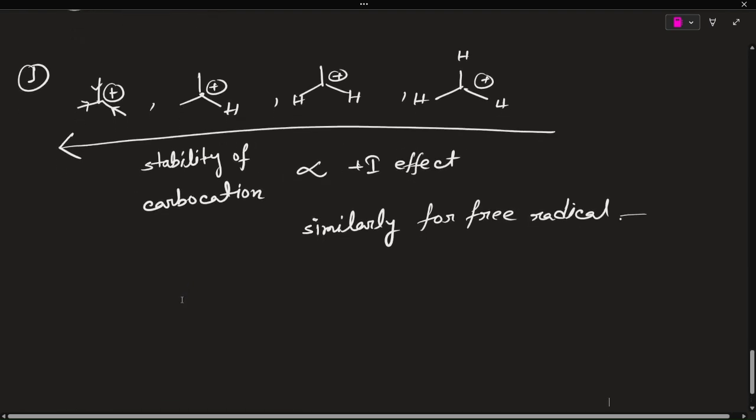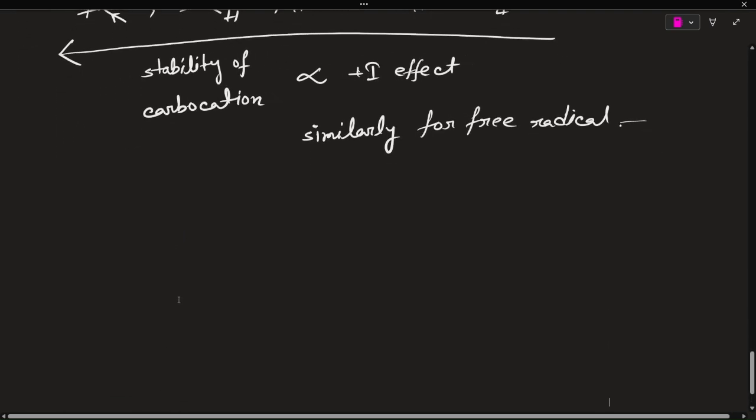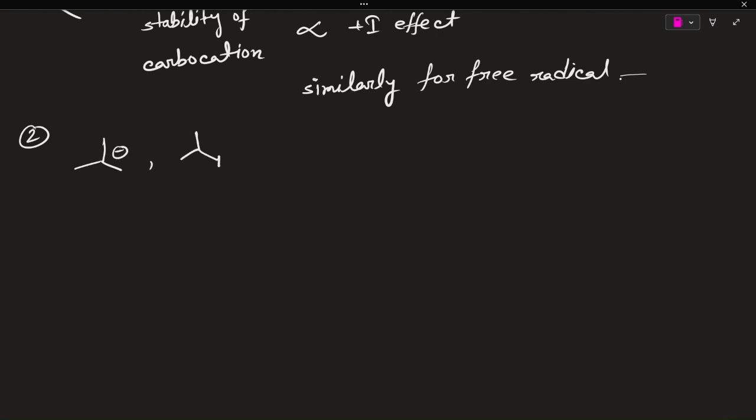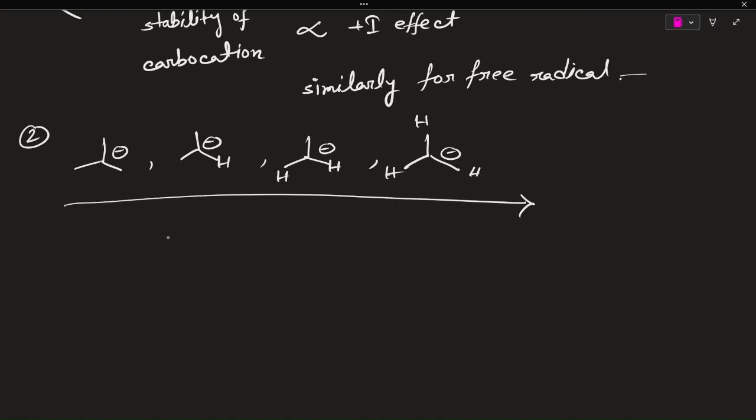Second example is for carbanion. We consider 2-degree, 1-degree. Stability of carbanion increases, but the plus I effect decreases. So we can write that the stability of carbanion